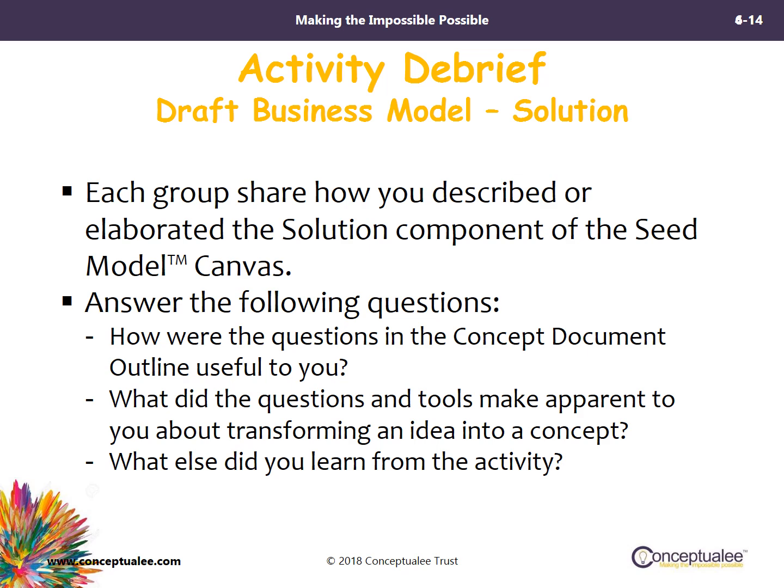Note that as we're going through this, as before, the output may vary from group to group for a variety of reasons. If it had been individuals who had done this on their own and then came together as a group, the first thing they would have done would have been to compile the different output to make sure that everyone had a say. The next logical step would have been to allow everyone to explain what they contributed. Finally, and perhaps over time, the group would need to come to consensus on what the description or elaboration of the solution component is. Okay, so go ahead, put me on pause, and have your discussion.